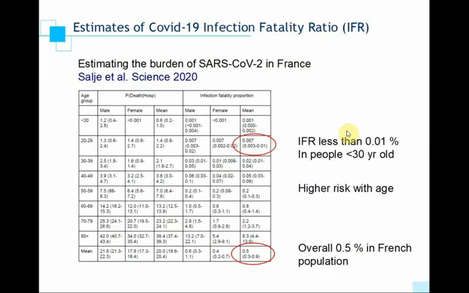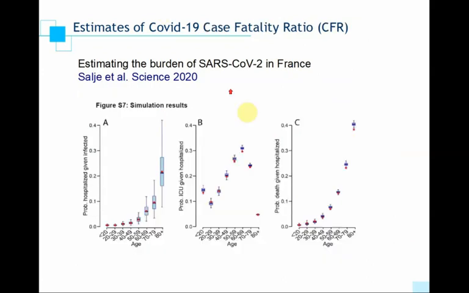Now, one of the things they did with this, which I think was very good, was that they were able to calculate, or at least estimate, what's called the infection fatality ratio. That is, if you've got 100 people who get infected, how many people will die? And that includes the asymptomatic infections. So this is the number per